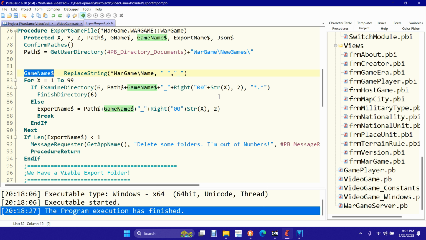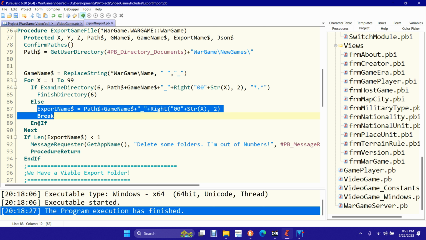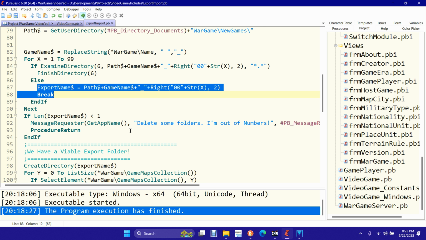Okay, so we're going to pick up 2 bytes here, and we're going to see if that exists. If it does exist, we're going to finish and just keep going. When it doesn't exist, we're going to say, okay, that's our path, and get out of that loop. So then we come down here and say, okay,